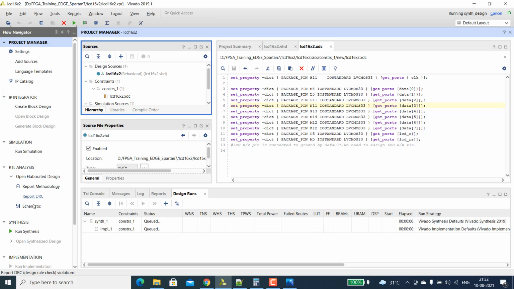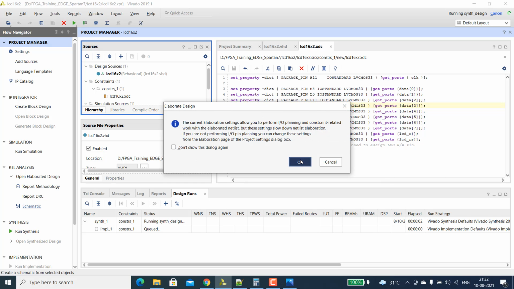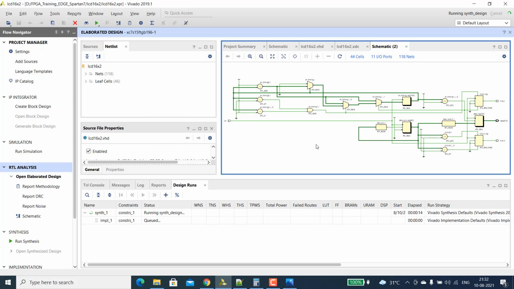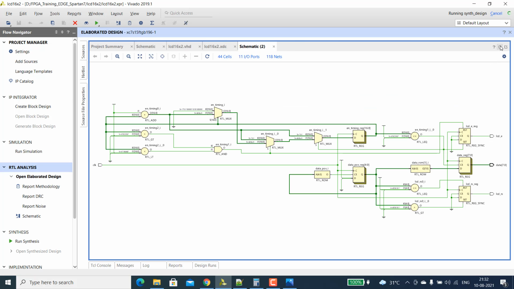Let's analyze the RTL schematics. So this is the RTL schematics created with so many registers, with some mux logic and comparators and adders and logic and ROM.